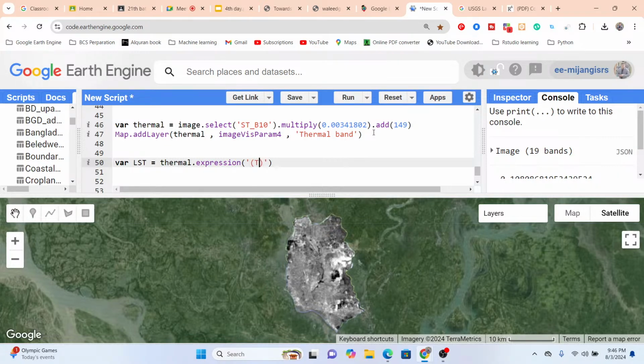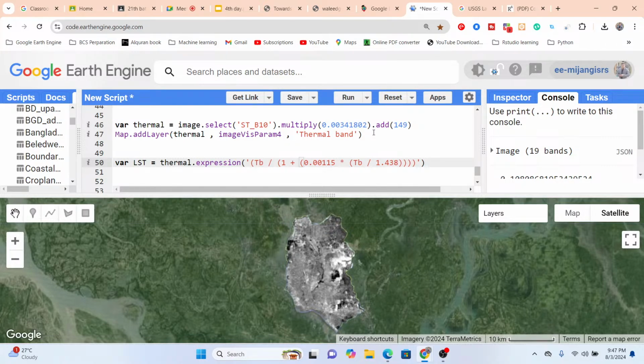This equation is TB divided by 1 plus 0.00115, multiplied with TB divided by 1.438. Okay, then after doing these things,